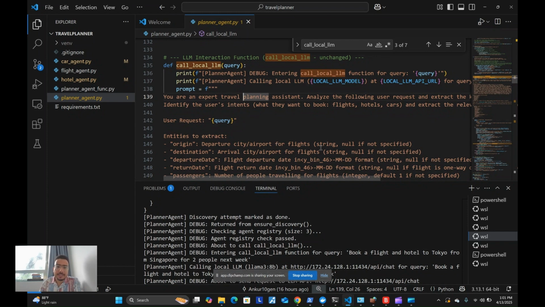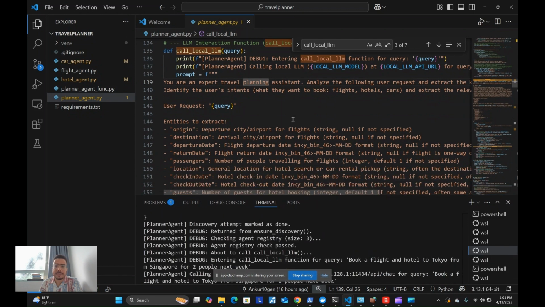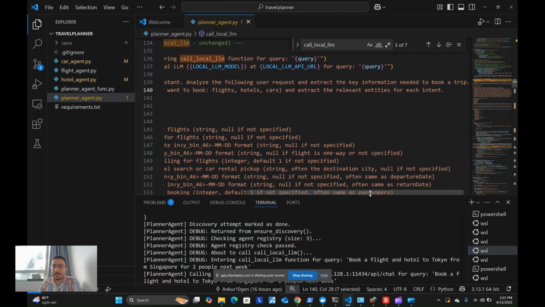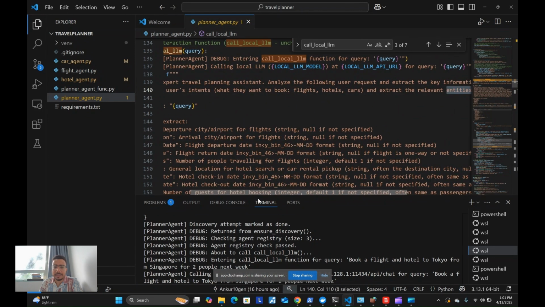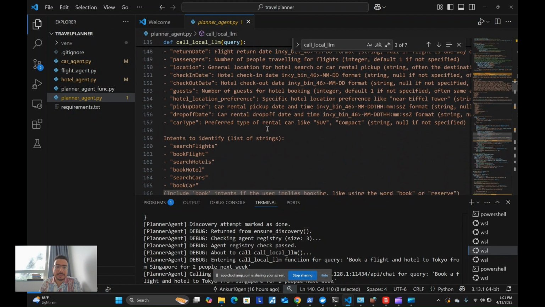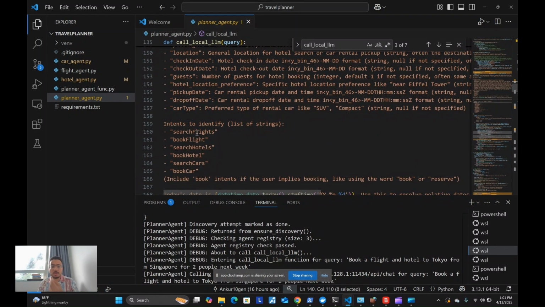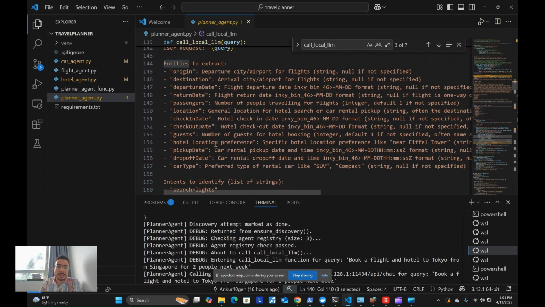And then we are sending a prompt in a way that it is able to identify the intent as well as the entities for each intent. So what we mean by intent and entities is, intent is to search flights or book flights or search hotels and book hotels. Those are intents. And for those intents, to fulfill those intents, there are certain entities, like you want to know the origin, destination,